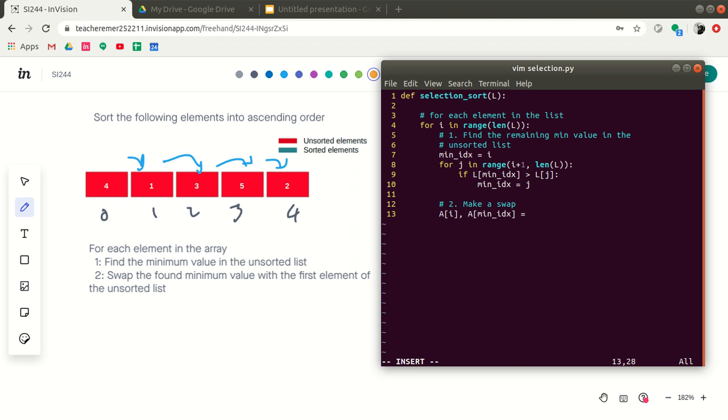I want to swap these two such that A at i, which is technically the 4 here, is going to rather be A at the minimum index, so the smallest value, which is 1, and where 1 used to be, so A at the minimum index, I want that rather to be A at i. So that's how I write a swap. I'm swapping this value with this value, and I write it on one line. That is the code for selection sort,